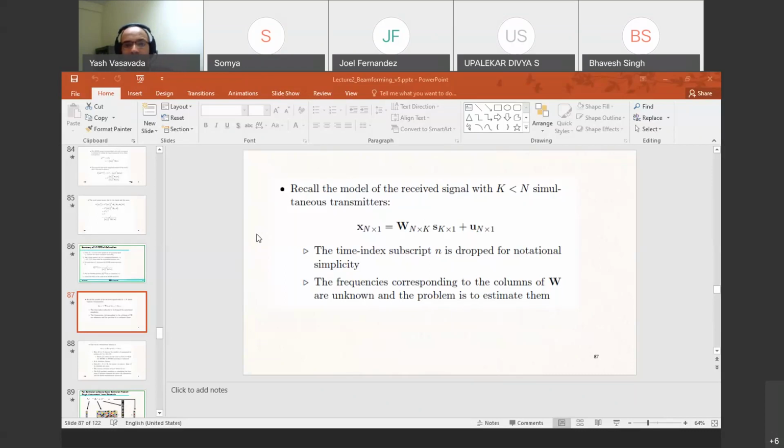Given such limitations, we said, can we do anything better than what is possible using this simple DFT type of technique? We looked at two different answers to that question last time. One is the MUSIC algorithm, which directly goes to the linear algebra. It looks at the properties of the eigenvalues and eigenvectors. It says that if I can form an estimate of the correlation matrix of the incoming signal,